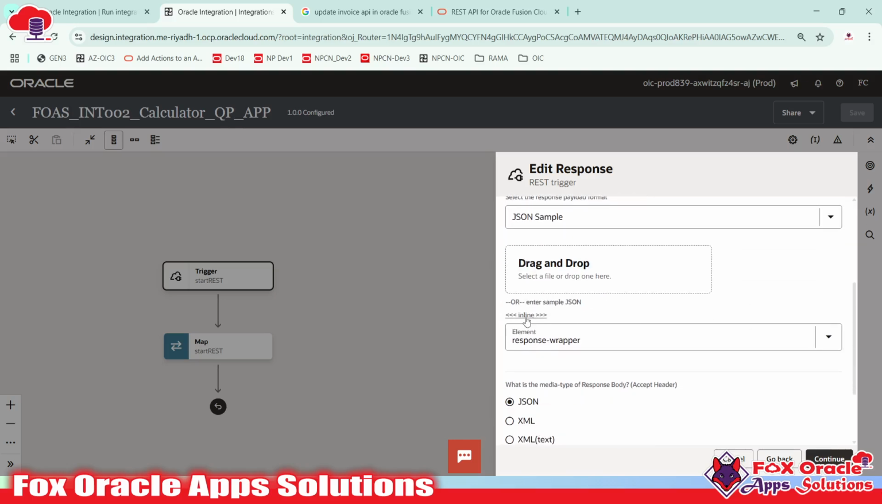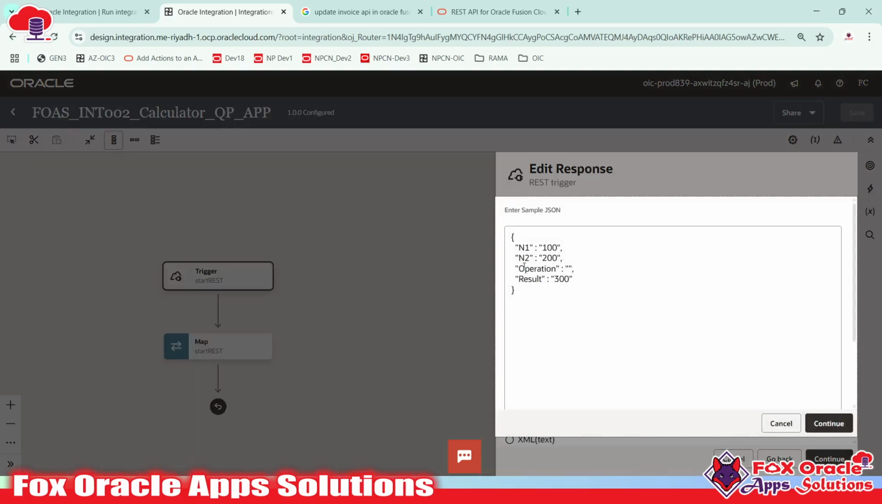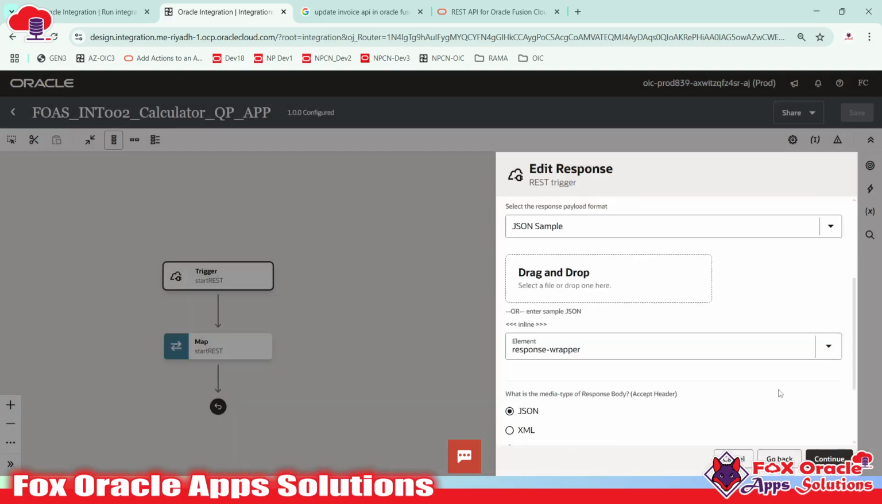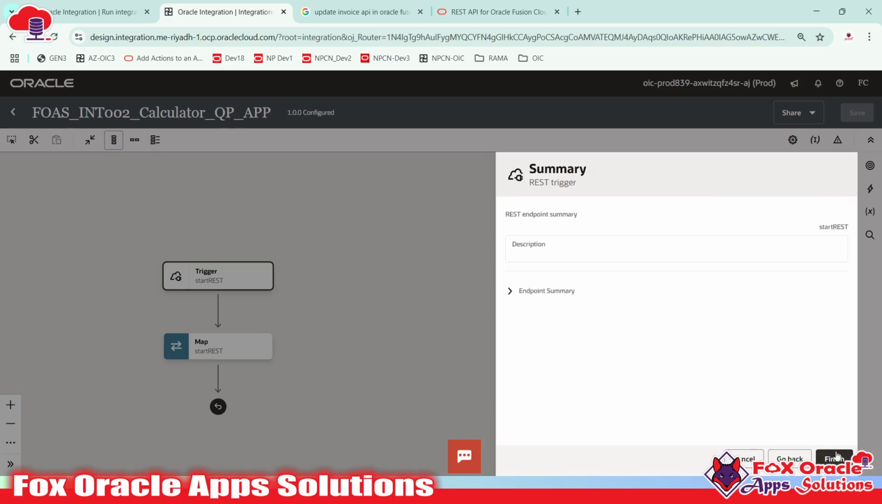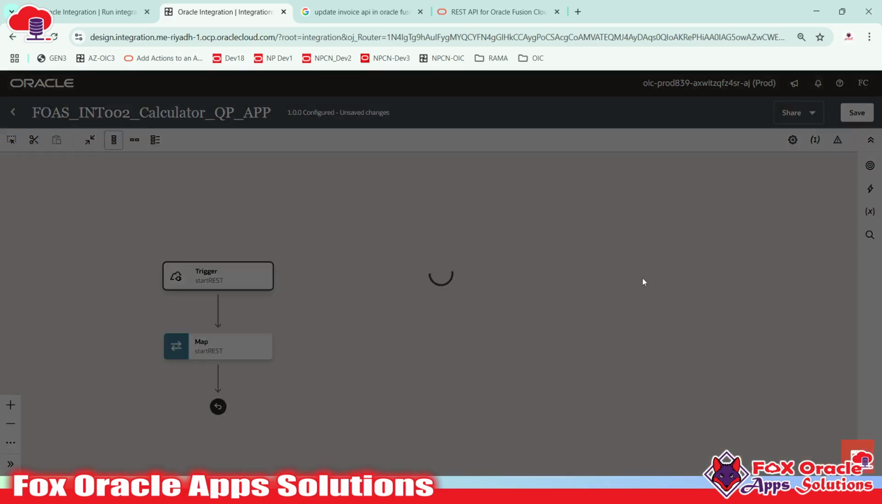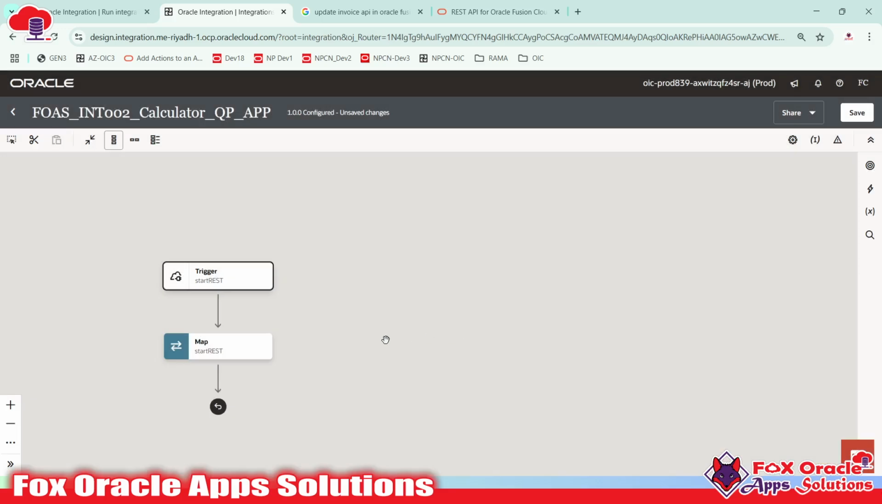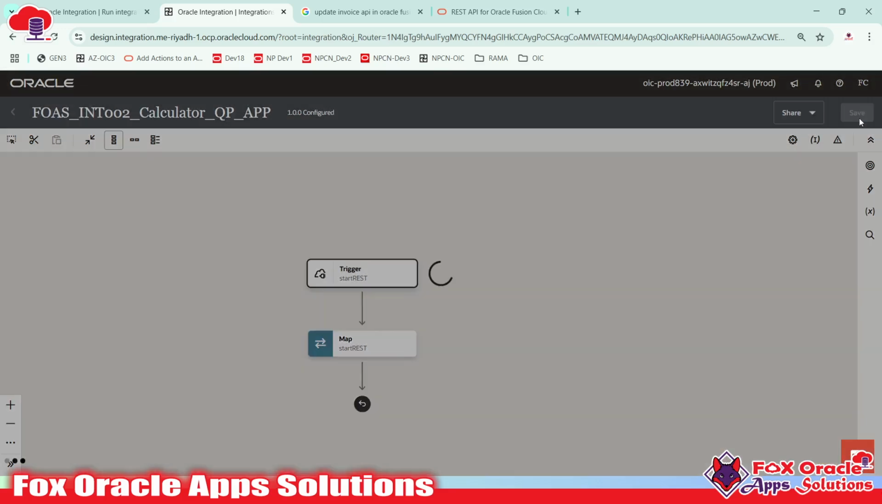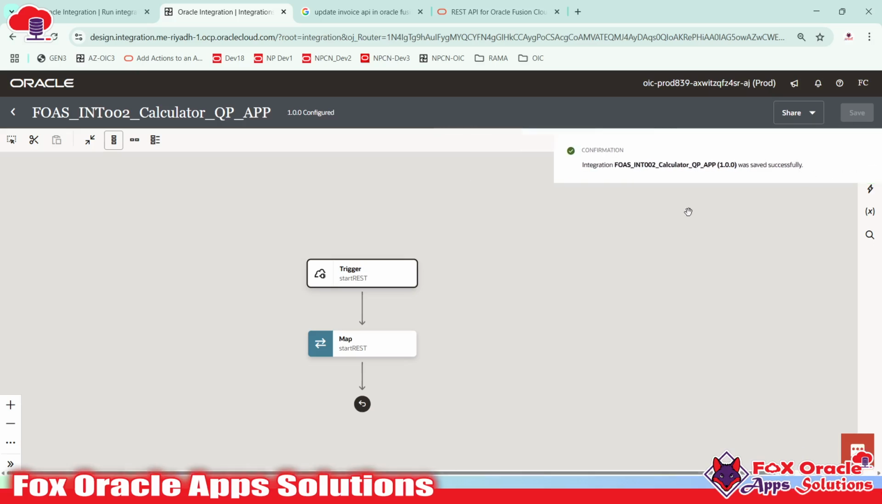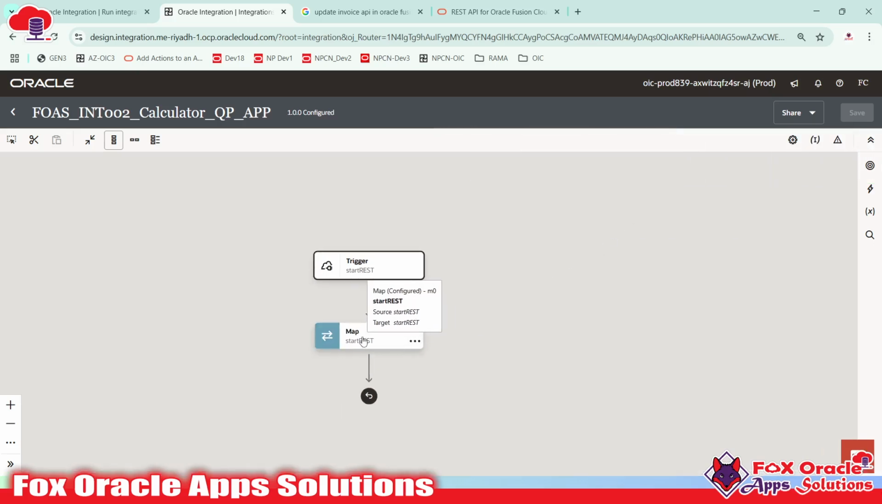So now we added the response payload. In the response payload, now we have one more extra field as operation. So I'm just going to click on continue and continue, finish. Now I'm just going to save here. Once we save, you can see this is our mapper. If you go to the mapper here,